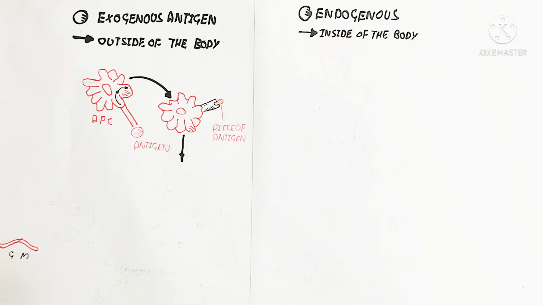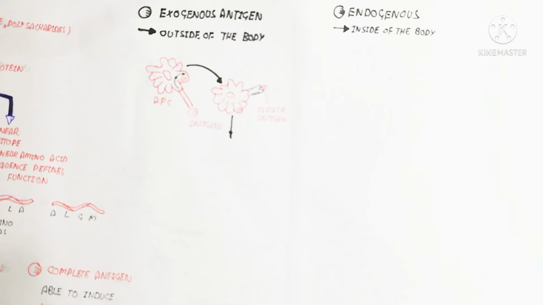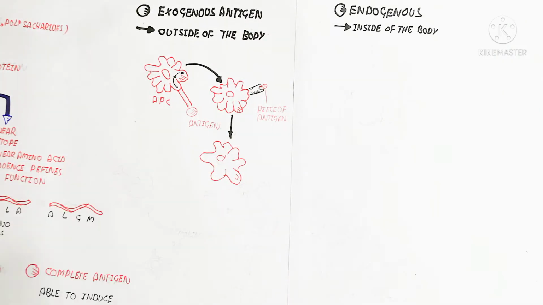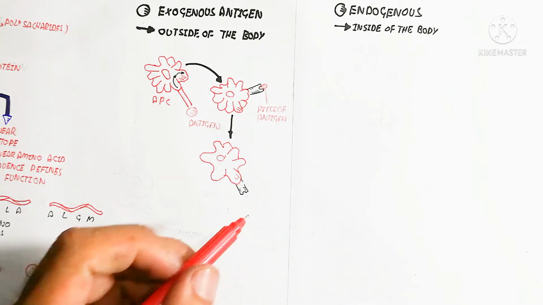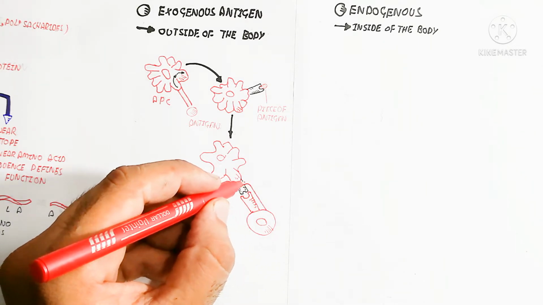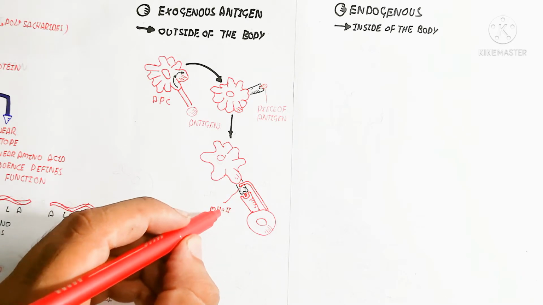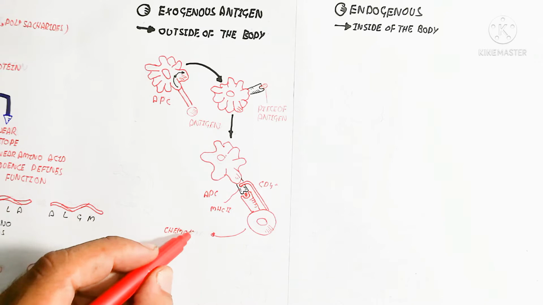So the T helper cell recognizes the antigen presenting cell through MHC class 2, with the CD4 molecule attached to the MHC class 2, and that basically produces chemokine. This chemokine is basically produced by the T helper cell. After the chemokine production, the B cell proliferation and the recruitment of the B cell occurs for the production of antibodies